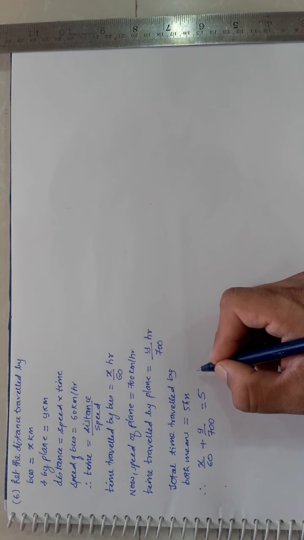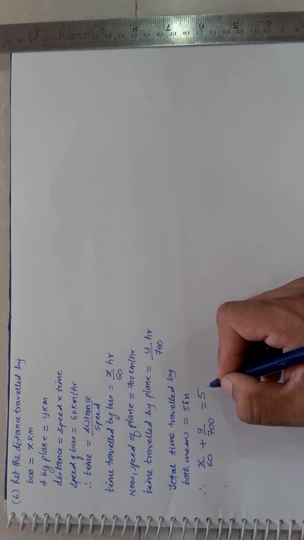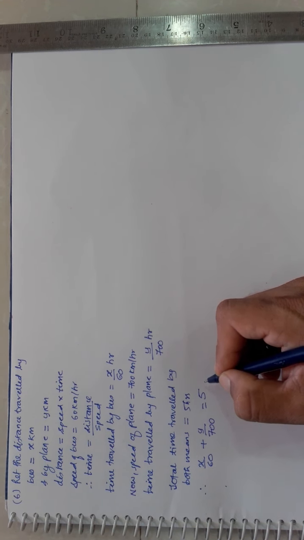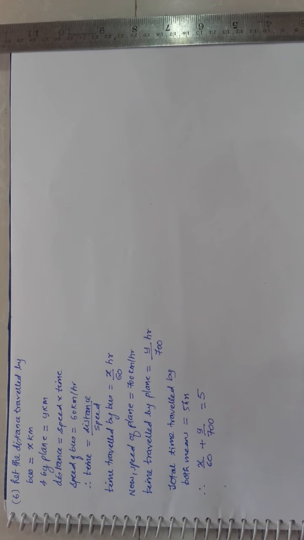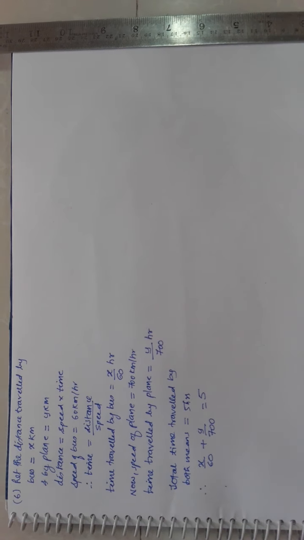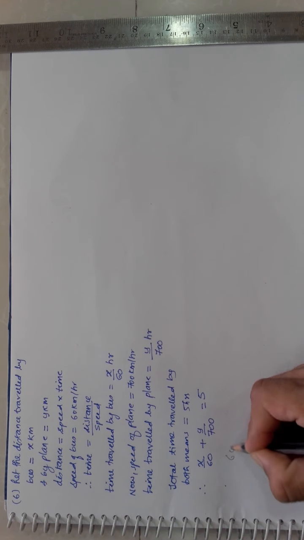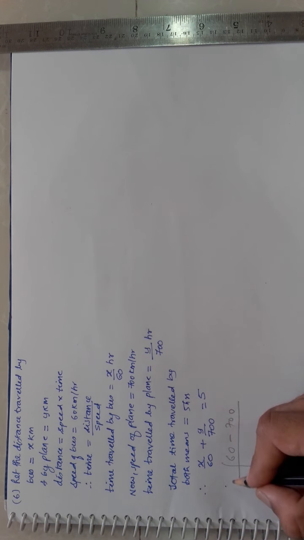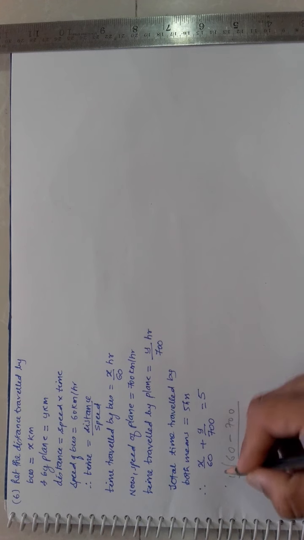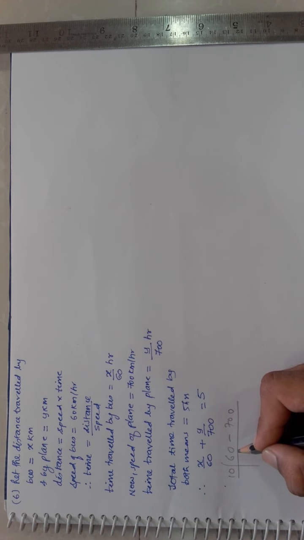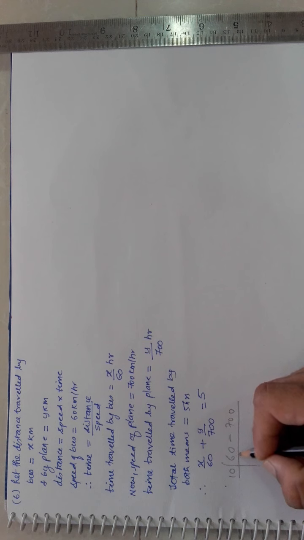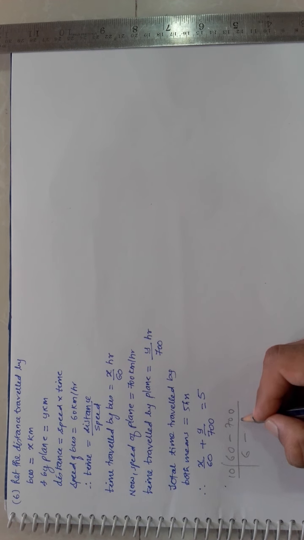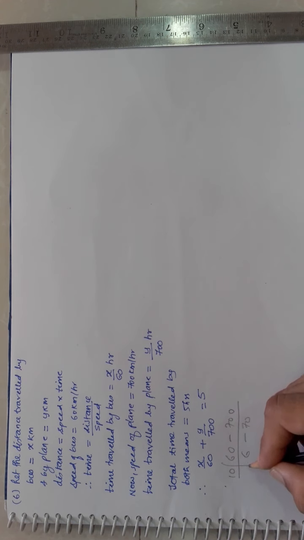Agreed? I will keep it as it is, but no, I will not keep it as it is. I will remove the denominator for better calculation. That is, cross multiplication or LCM is the better option. I will show you how we find LCM. This is 60 and this is 700. Like this you write. Now I think I can divide this by 10. Actually we divide by only prime numbers, but in LCM it works. So it is 6 and this is 70. Correct. Yes.